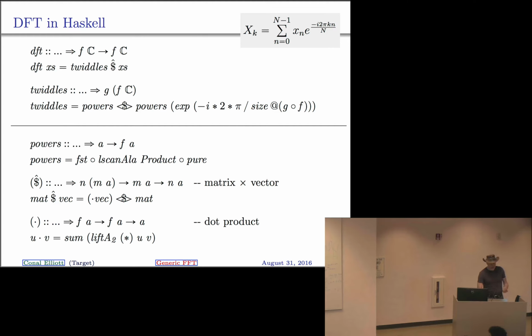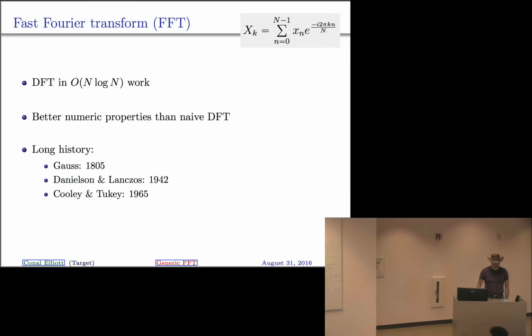And so multiplying a matrix by a vector, so to speak, well, we just map. That's what this symbol is. We map over the matrix. And so for each row in the matrix, we form the dot product with the vector. And what's dot product? Quite simple. Given two vectors, we do the pointwise product. So the first multiplied by the first, second by the second, and so on, and get a new vector, and then sum the results. So there we need applicative foldable. That's what I've elided here. Okay. So now,